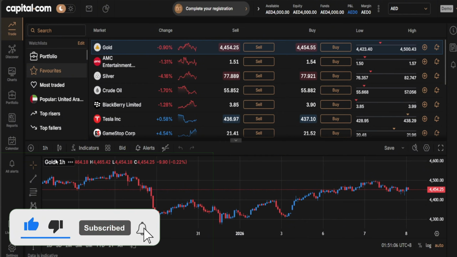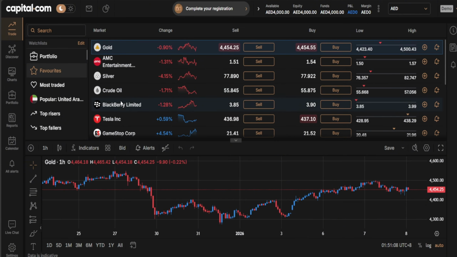But that's basically the main idea on how you could trade on capital.com. Usually lots of learning involved, but hopefully the